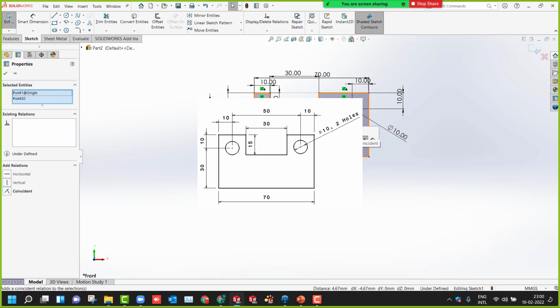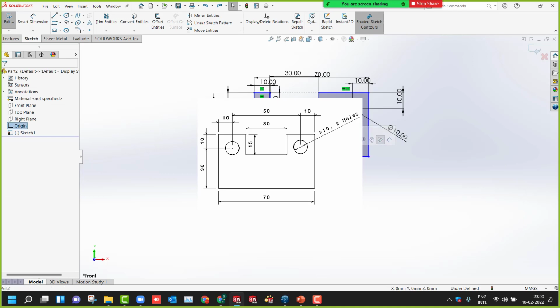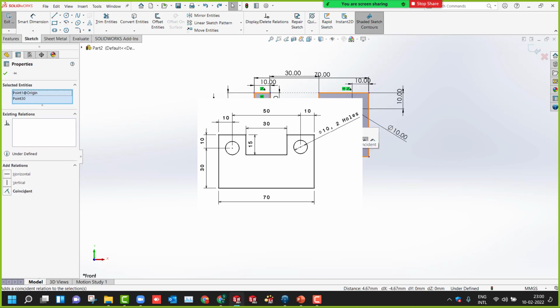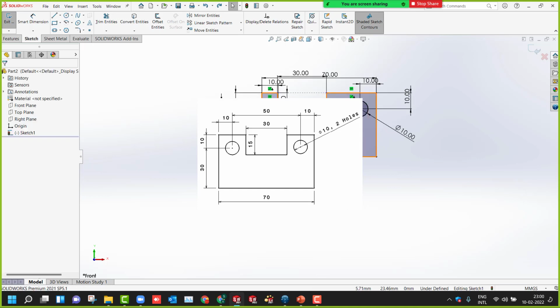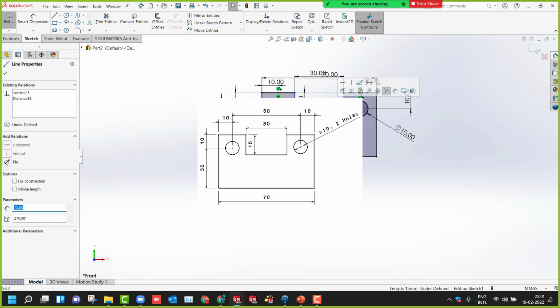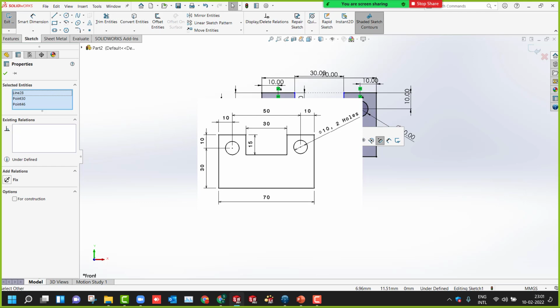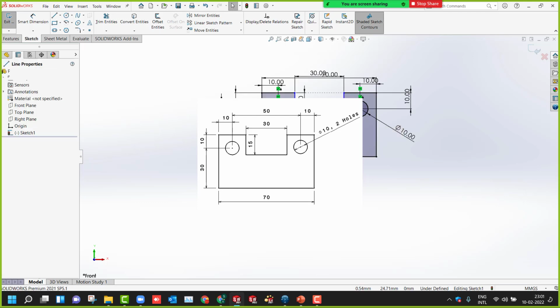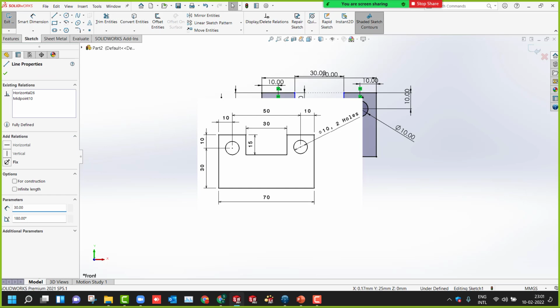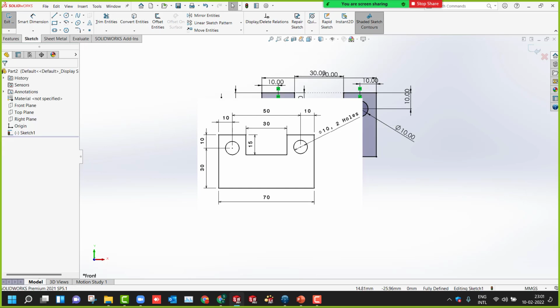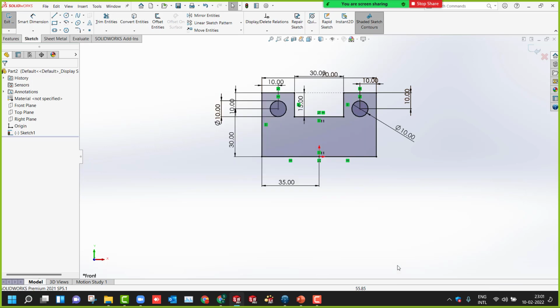Yeah, you need to just select these two points and make it coincident. What you need to do is select the origin point and this point, midpoint of this line, and select this coincident. Okay. And now you can drag it like this. Again, the center point of this and the origin should be vertical. Okay, vertical. Yes. Now it is fully defined, isn't it? Yes. Fully black. Yes, fully black in the sense your sketch is completely right.